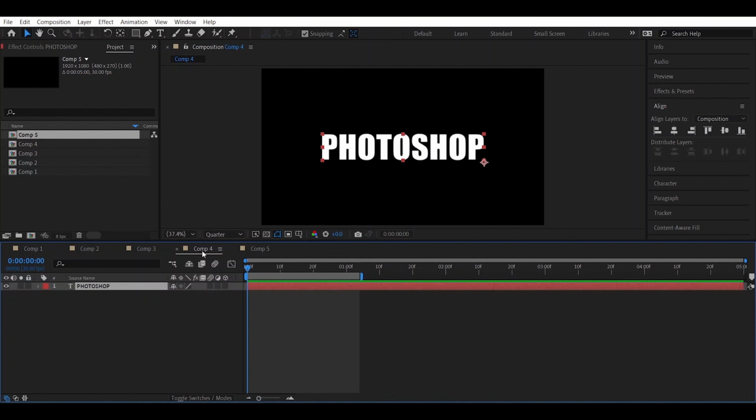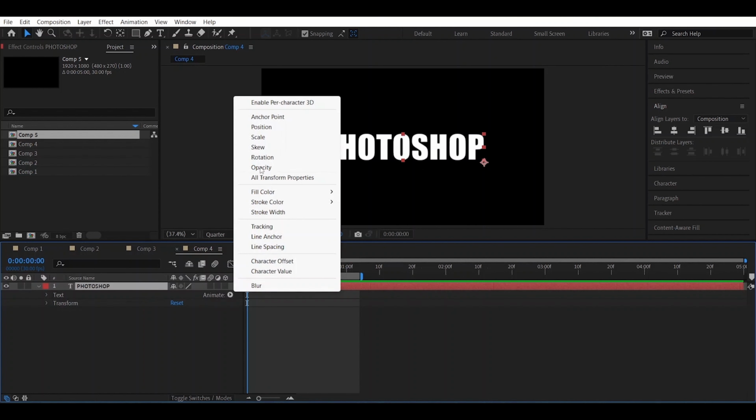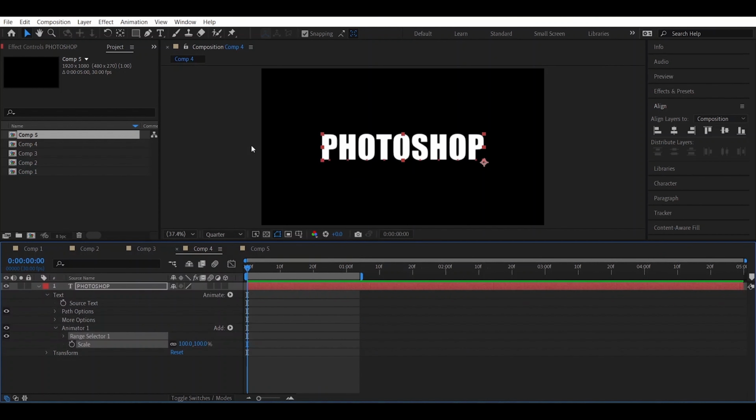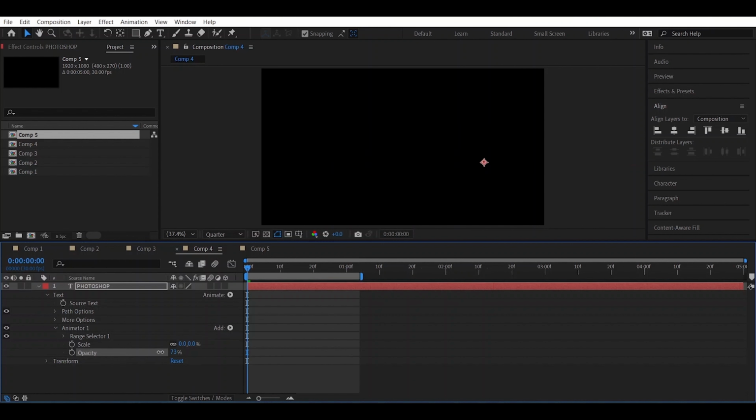Now let's jump to the fourth one. So here also we will choose the animate option, but this time we will choose scale, and after that go to the add option, property, and choose opacity. You can see that we are playing with the properties, opacity, scale, tracking like this. You can also experiment according to your choice if you want. So let's take the scale to 0, and after that opacity to 0 also,